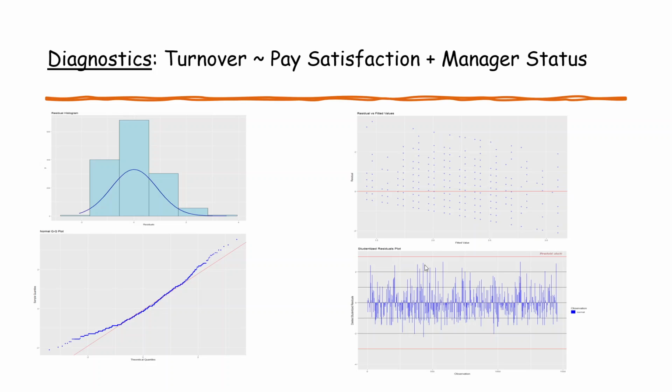So again, this is just one measure of outlier status. There are many other ones, and I'll probably have to make a separate video for outliers in the future. But these are the plots that I would look at when I'm looking at my regression diagnostics. And while not everything is perfect, it looks like for the most part our assumptions are relatively reasonable. And if they're not, if you think it's safe to say that your assumptions are violated,